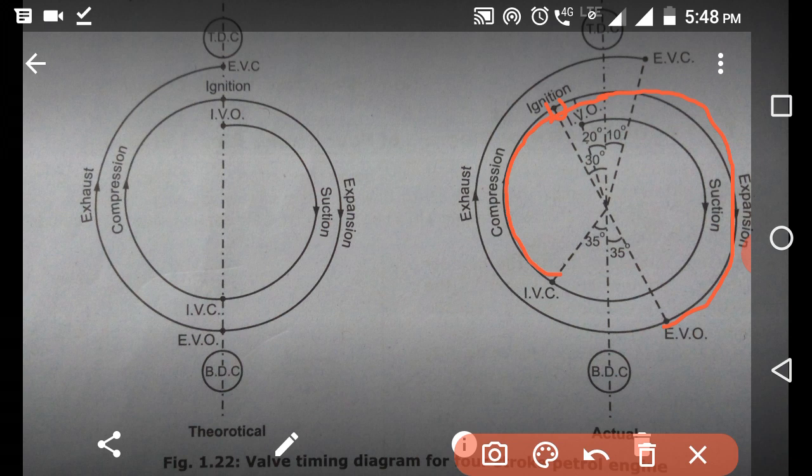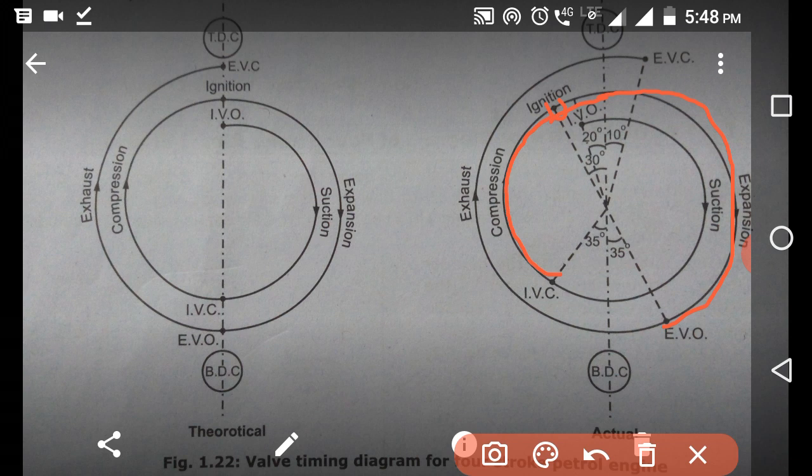Then again, for getting better performance, we have to expel the byproduct of combustion from the cylinder to the atmosphere. If we are not expelling the byproduct of combustion from the cylinder to the atmosphere, it will mix with the next cycle's fresh charge, and the composition of the fresh charge will be altered.